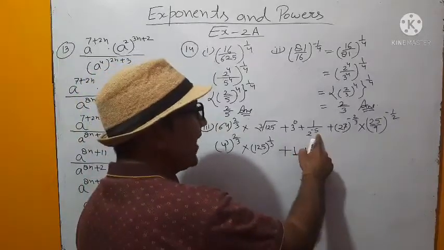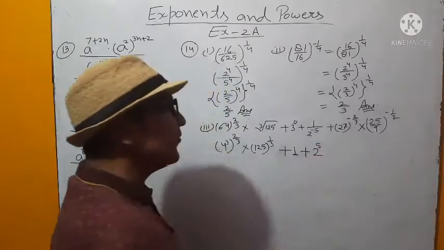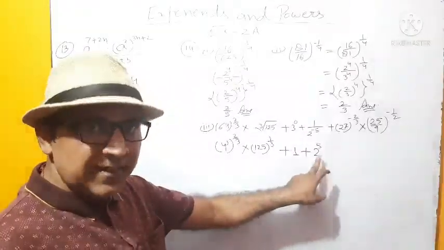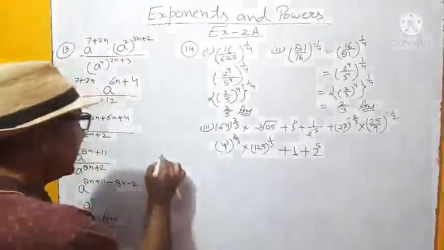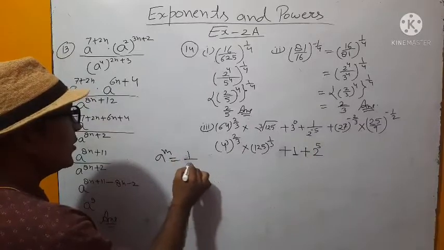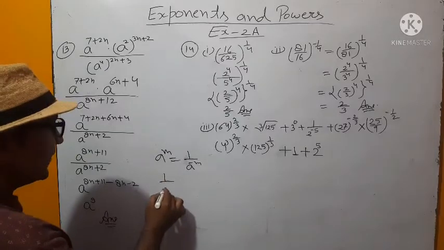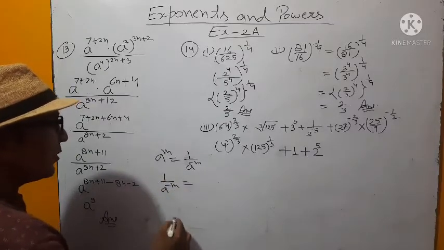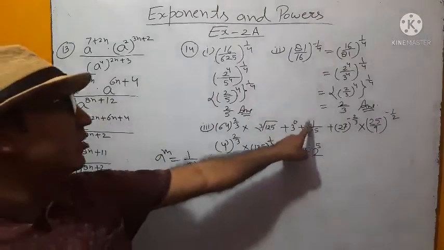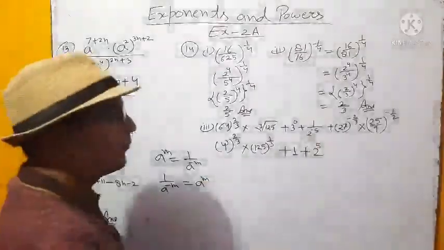Here 2 to the power minus 5 is in the denominator. So write the reciprocal of 1 upon 2 to the power minus 5, then you will get 2 to the power 5. This is the exponential law. You have read that a to the power minus m is equal to 1 upon a to the power m. Then the reverse is also possible. In place of 1 upon a to the power minus m, you can write a to the power m. Same I have done here. 1 upon 2 to the power minus 5 can be written as 2 to the power 5.